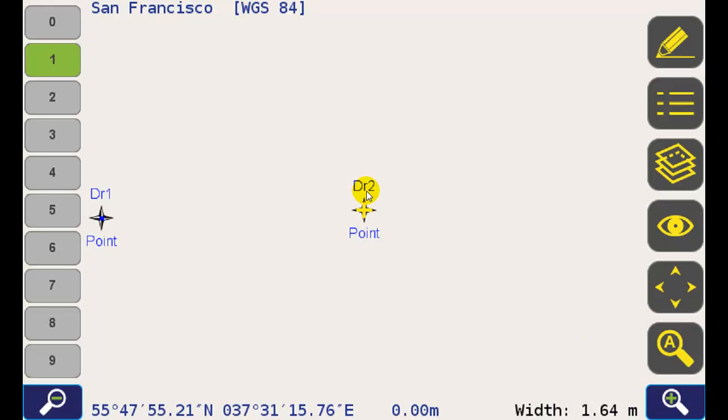Now my DR2 point is in the center of the screen, and I see both DR1 and DR2 in a map that has a scale of 1.64 meter. Note that when we select from the cursor position, our height is 0. I click the draw button again